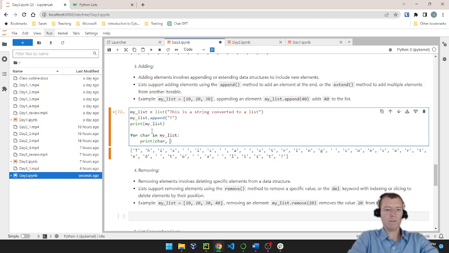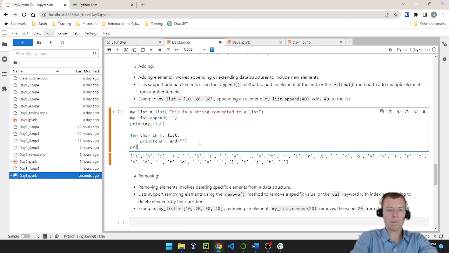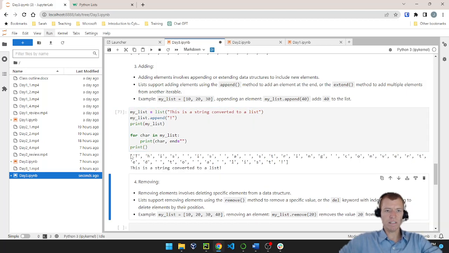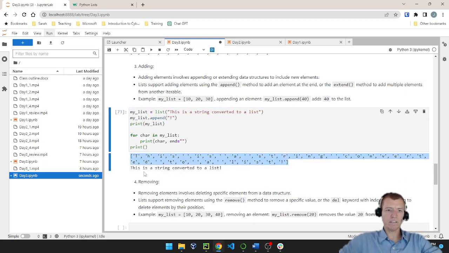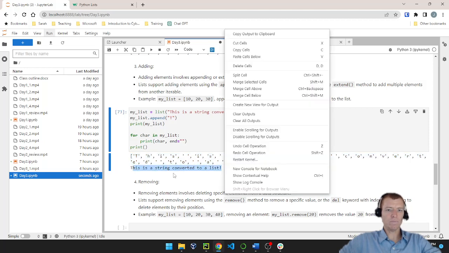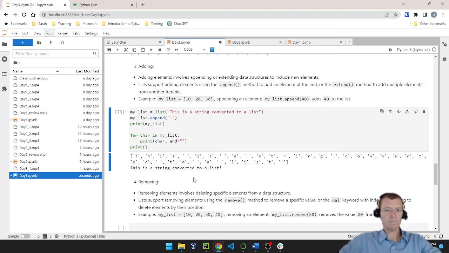but I'm also going to do another trick that you don't necessarily need to understand. What I'm doing here is usually print does a new line, so it enters after every print call. I'm telling it to not do that new line here. So go ahead and print that. So you'll see that this is the list printed out, and this is us converting it back into a string. So you can see I can add things,